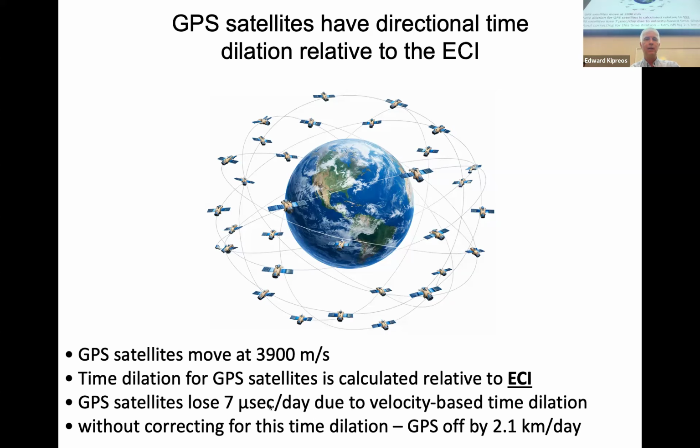But in reality, they're also time contracted due to being higher away from gravity. So gravity also causes time dilation. And so they're time contracted, but those are additive effects. So that's like 46 microseconds per day faster due to gravity, and 7 microseconds per day slower due to velocity time dilation. So you add them together and it's 39 microseconds. And the fact that they're additive means they're separable effects.